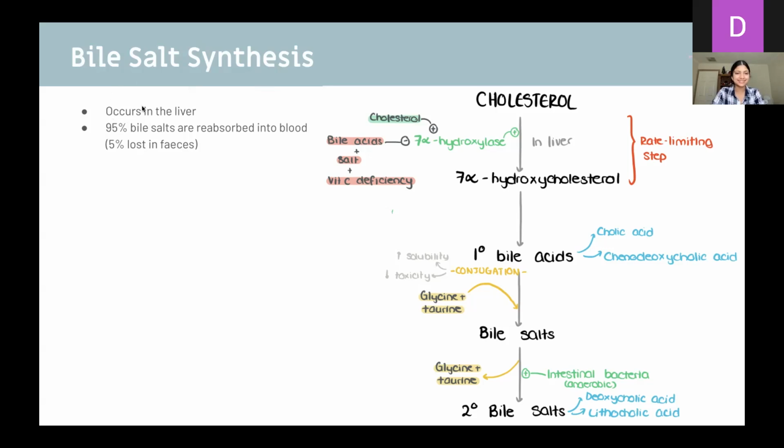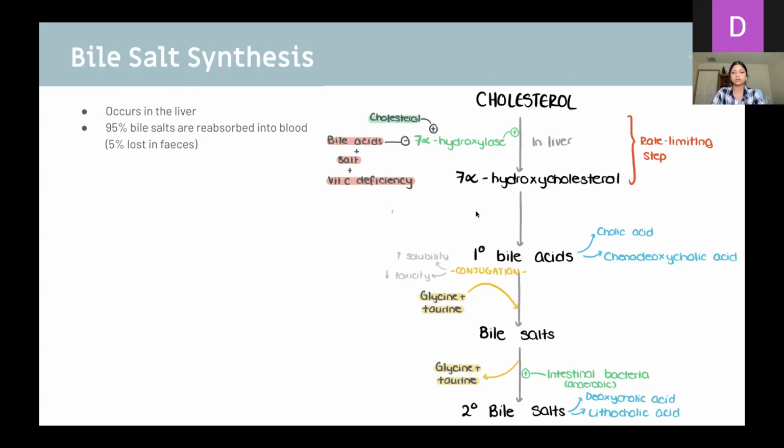The synthesis occurs. It's not. Look, the L's look like the I's, and the I's look like the L's. Yes, it occurs in the liver, and 95% of your bile salts are actually reabsorbed into your blood, and 5% are lost in your feces. So key steps to remember, you don't have to remember all of this, but you have